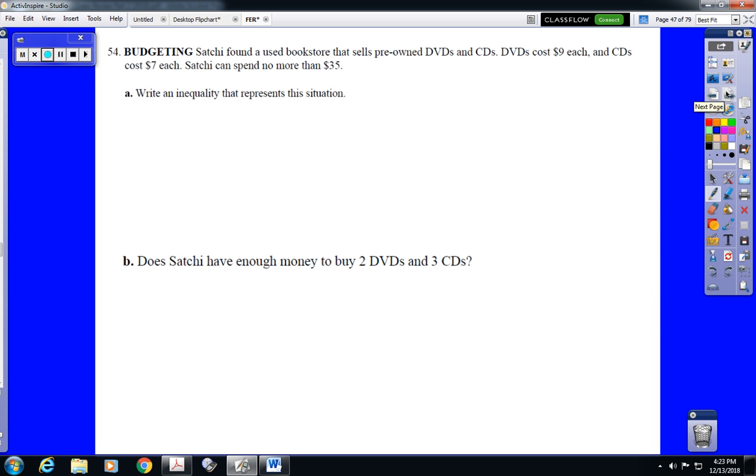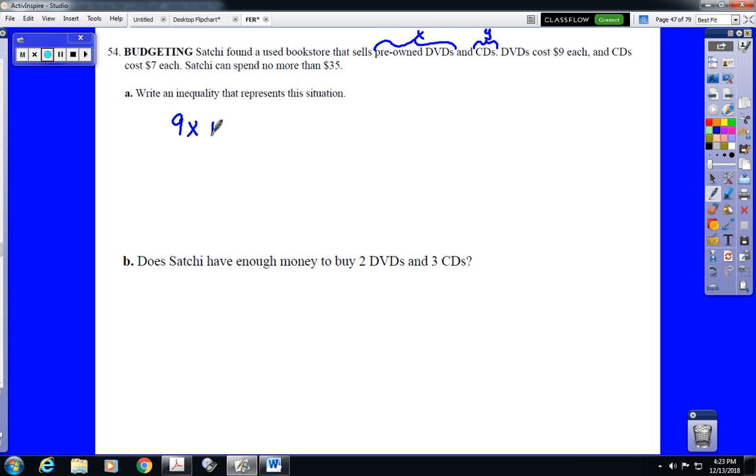Alright, budgeting. Sachi found a used bookstore that sells pre-owned DVDs and CDs. DVDs cost $9 each, CDs cost $7 each. Sachi can spend no more than $35. If we look here, there are 2 items, which we will refer to henceforth as x and y, being purchased in this situation. So we attach the cost of x, which would be 9 for each DVD,